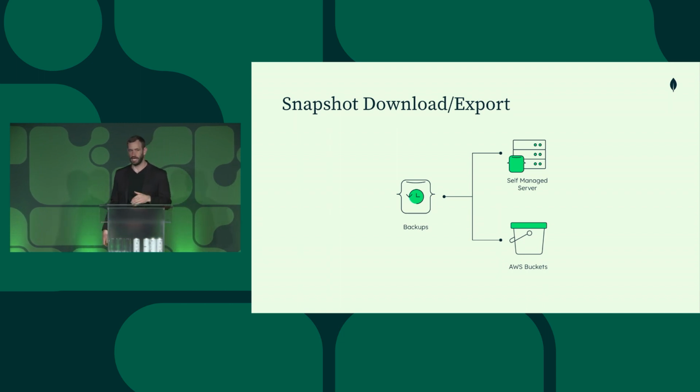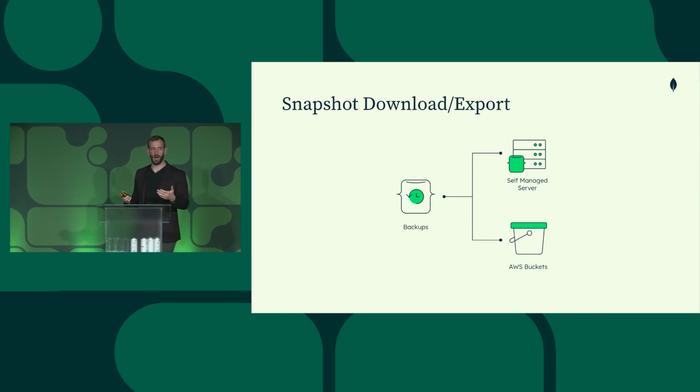By exporting this out in JSON, it means that it's not tied to a specific MongoDB version or really MongoDB at all. Some companies that we've talked to have said, okay, we have a requirement for all of our vendors that we need to be able to operate with our own data regardless if that vendor is continuing to operate or continues to exist. So with this, you can fulfill that requirement of ensuring that you have access to all of the data by exporting your backups out. Again, it'll be in that JSON format, and then any type of structure that accepts JSON format will be able to use this data in the future, right?